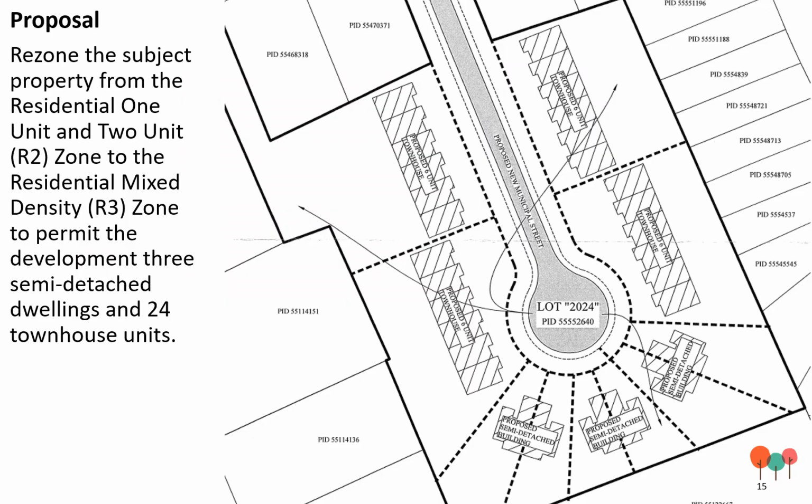So once again, looking at the proposal, I am ultimately assessing an application for rezoning. But one part of that assessment is to consider land use conflicts. So this is why we advise or require the applicant to advise us of not only their requested zone change, but what they also propose to use the land for in the future. So in this case, again, it's townhouses and semi-detached dwellings.